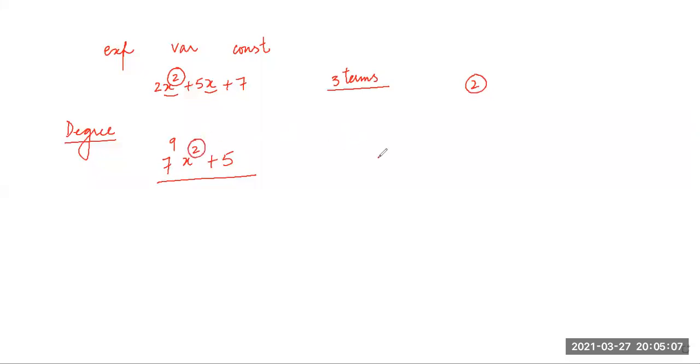Also remember students, if a variable has a power 3 by 4 or 1 by 2 or a negative power, that's not a polynomial. For example, 1 divided by 1 plus x is not a polynomial, as well as 7x squared plus under root x is not a polynomial. So the degree of a polynomial is really very important. It has an important relationship with the zeros of the polynomial that we'll see later.